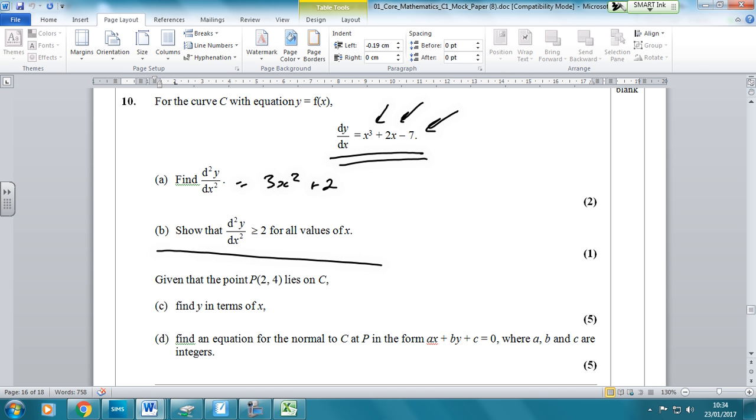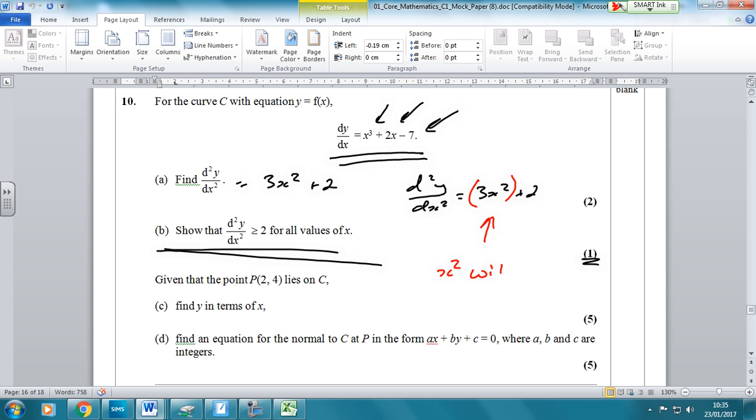Now this one is where people did fall down. So show that d2y by dx squared is going to be greater than or equal to 2 for all values of x. So we have a look at this. We've got d2y by dx squared equals 3x squared plus 2. And it's only worth 1 mark. So what I would do is I would say